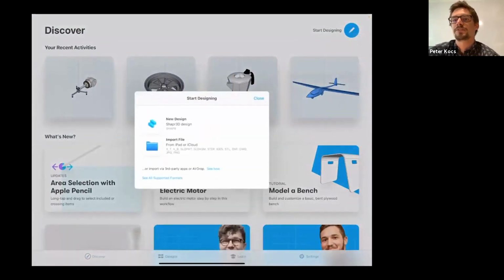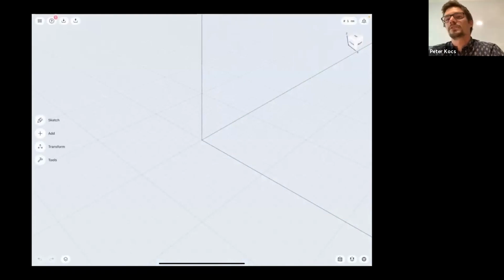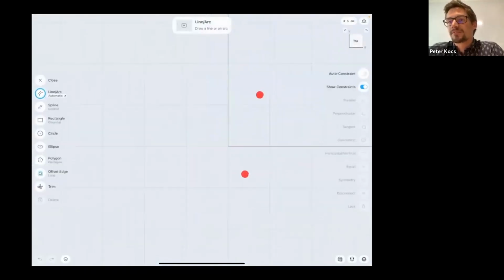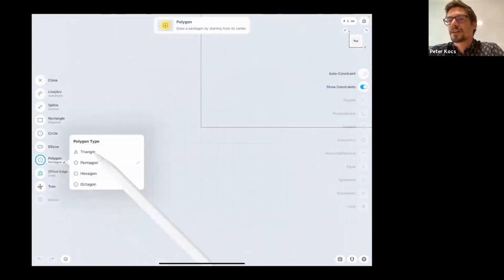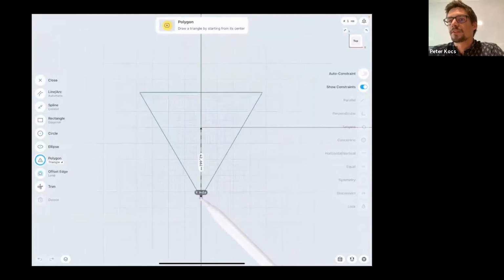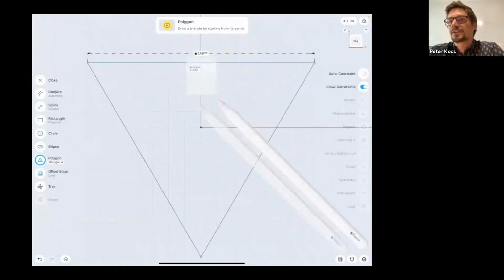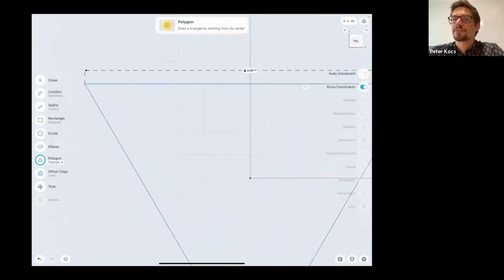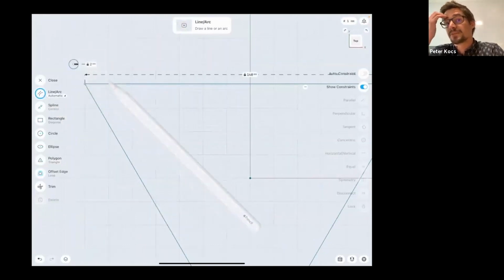When you open up a Shaper 3D design, you can import the most common CAD formats like STEP, IGES or XT, or you can start with an empty Shaper 3D design, as I will do now. The basic shape of this gripper is a simple triangle. So I'm going to start with a triangular polygon centered on the coordinate system of our workspace. After constraining and dimensioning this triangle, I can move on to the cross-section of the vertical channels, which will be a simple circular shape with a 2 mm radius.